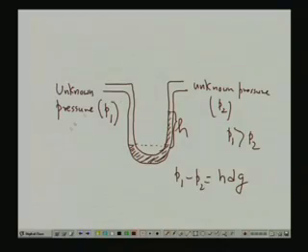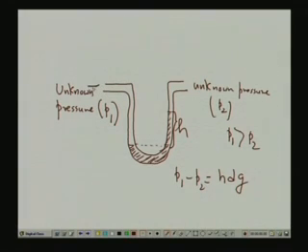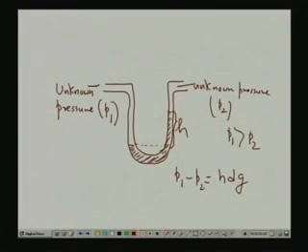Now, you can make it colored. If you put some color, you can use the manometric liquid as water. But there are problems if the actual fluid coming in gets in contact with the water and reacts with it. The P1 which you are measuring and P2 will be connected to some liquid or some gas, and that gas or liquid should not react with water. So you have to prevent that, otherwise that will create problems.